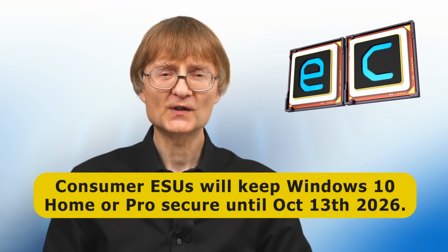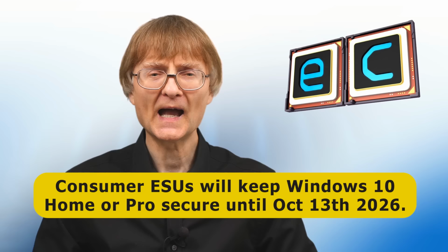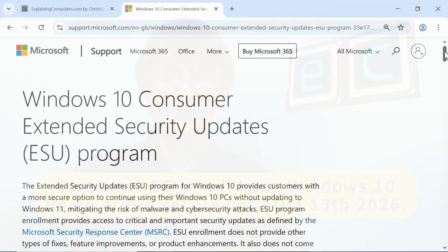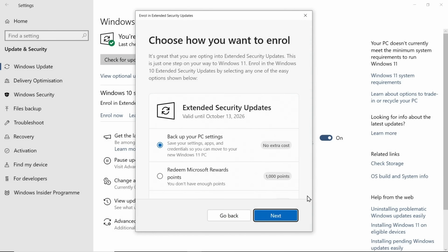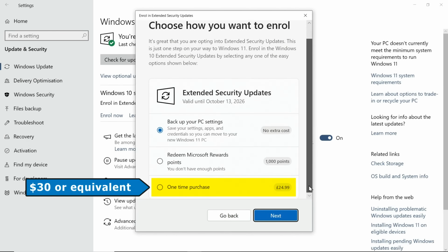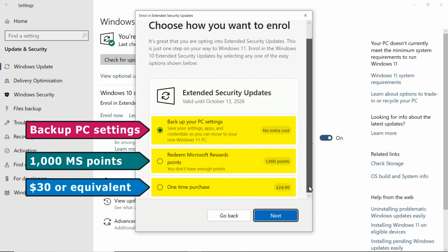These will keep Windows 10 secure until the 13th of October 2026, and in recent weeks Microsoft has released specific information on how to enroll in the Consumer ESU program. It's also begun rolling out this update wizard, which allows ESUs to be obtained for a one-off purchase of $30 or equivalent, or for no financial cost if you've collected 1,000 Microsoft reward points or are willing to share some